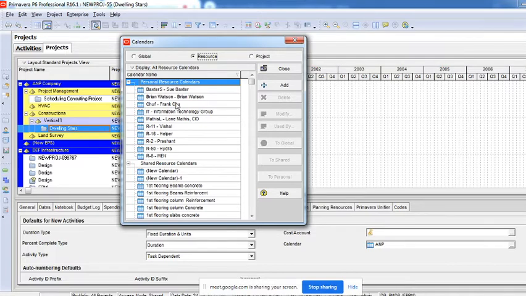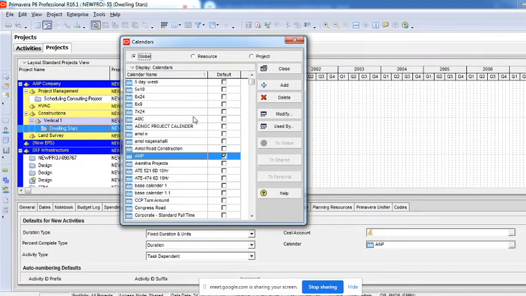You create one calendar, say steel fixers have to work for 8 hours, carpenters have to work for 10 hours, and masons have to work for 12 hours. Probably they have their own different calendars, and you can create those calendars and share them with those particular human resources. That we can do with the resource calendars. Global, as I told you, you just have to create here.